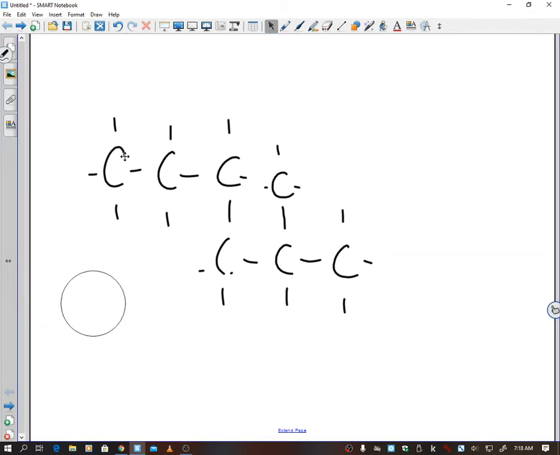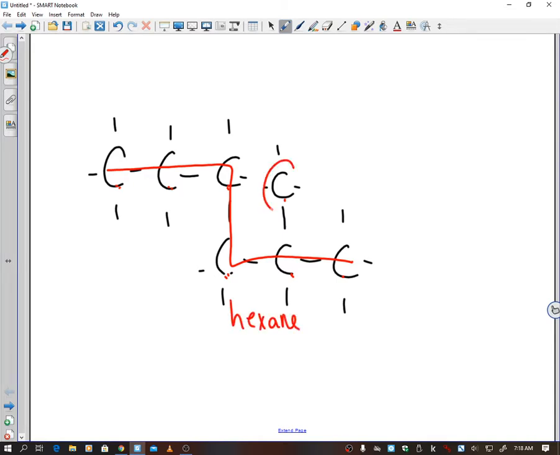All right, but anyways, if I'm looking at this, I want my longest chain, so I could go 1, 2, 3, 4, 5, 6. I could go 1, 2, 3, 4, 5, 6. It doesn't matter, they're both the same. So I'm just going to pick one and go with it. So since my longest chain is 6, this would be hexane. Now this would be a methyl group, because